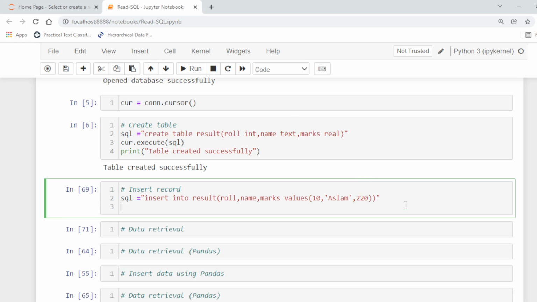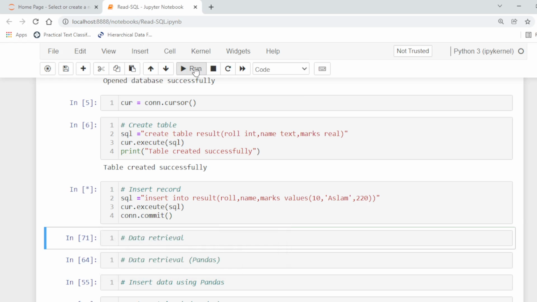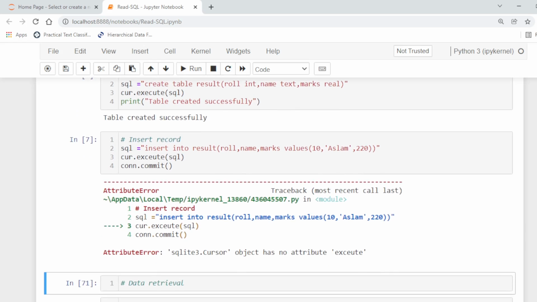So now we want cursor dot execute SQL and then connection dot commit.